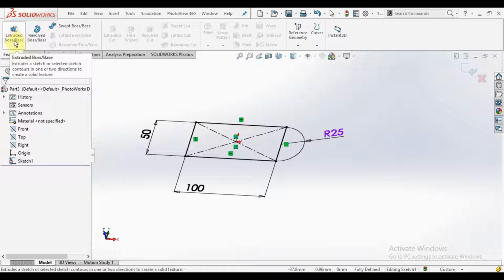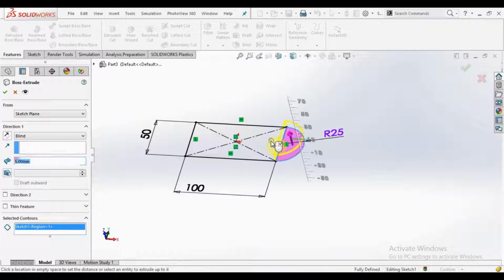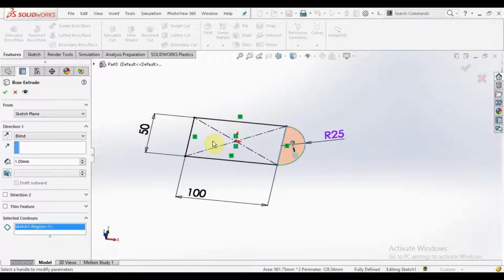So I will select the extrude command, and you can see here the selected contour. I have to select which sketch I want to extrude. Let's say I want to extrude this whole area, so simply select this and select this. Now you can make the 10 mm thickness.